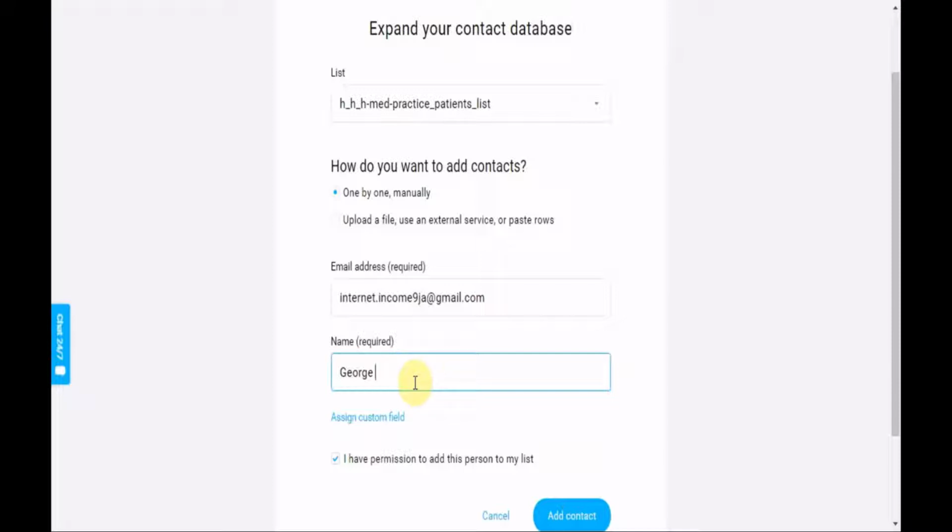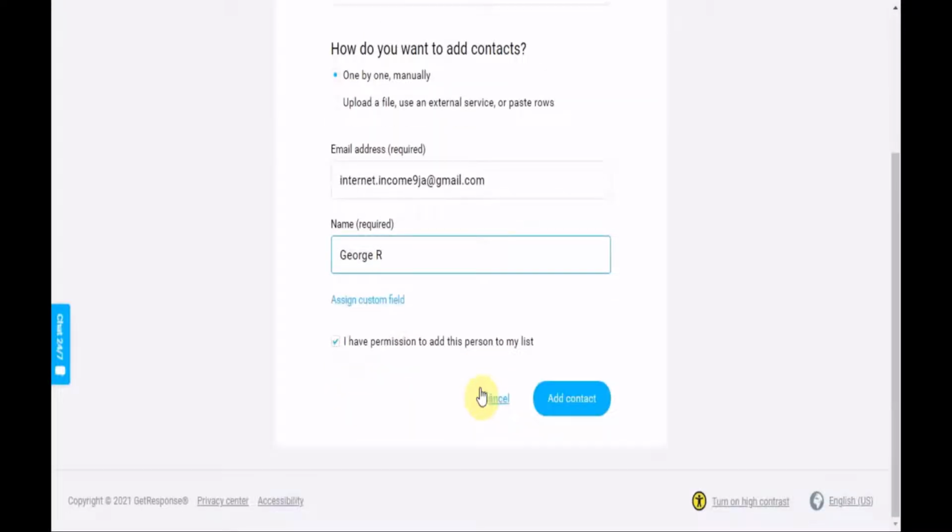So for here, because it's an official thing, like a medical thing, and there are many people with similar names, you will enter their full name just so you don't get anyone confused. Okay, and I have permission to add this person to my list, add contact,